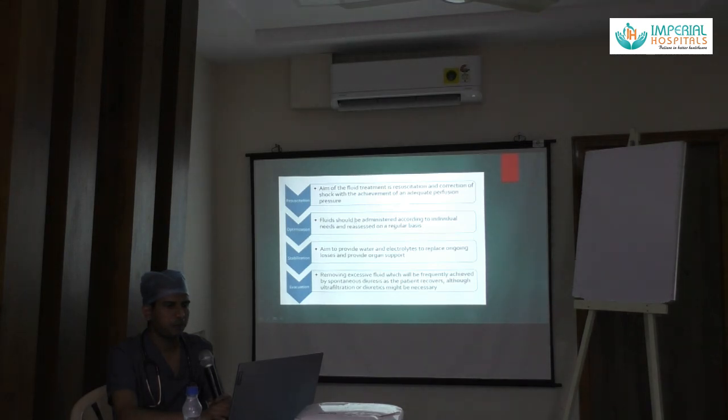Optimization: fluid should be administered according to individual needs and reassessed on a regular basis. Stabilization: aim to provide water and electrolytes to replace ongoing losses and provide organ support. Evacuation: removing excess fluid, which will frequently be achieved by spontaneous diuresis. As the patient recovers, the body spontaneously diureses, and although ultrafiltration and diuretics might be necessary in some